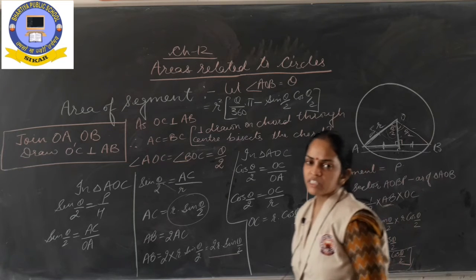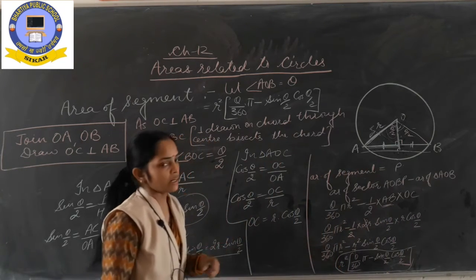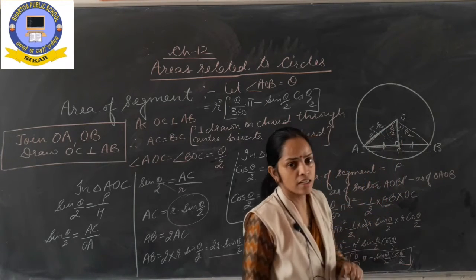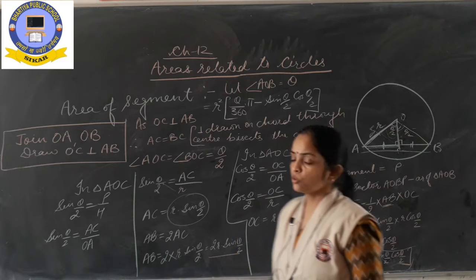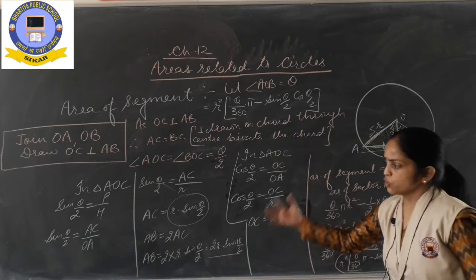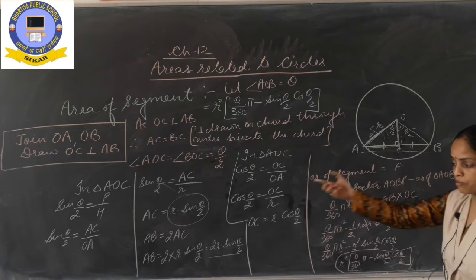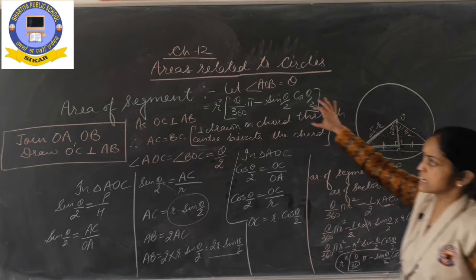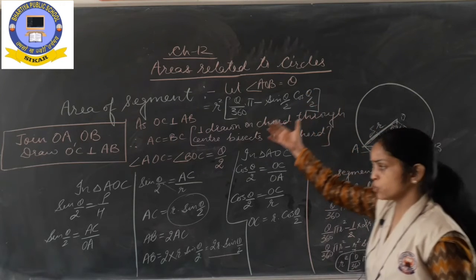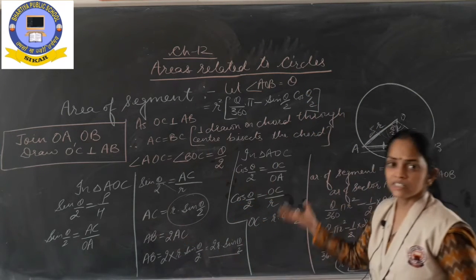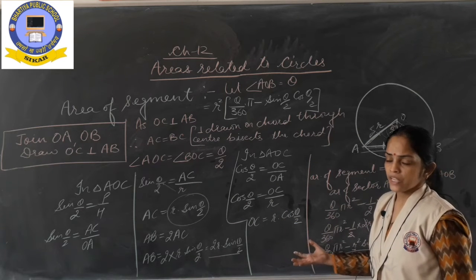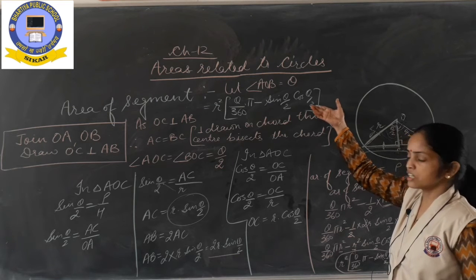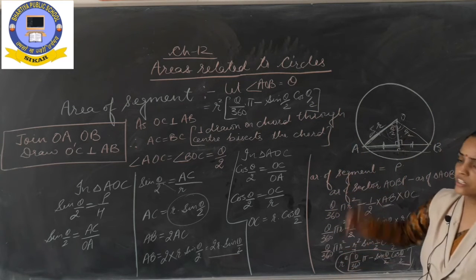Now some of you might be thinking, why learn such a big formula? Can't we find the area of sector and then deduct the area of triangle? Yes, you can, but for doing so, in each question you will have to find the value of AB with the help of trigonometry and the value of OC with the help of trigonometry. So if you think the formula is tedious, lengthy, difficult to learn, you have to follow this whole procedure in each question. And if you don't want to follow this procedure, then you have to learn it simply. It's easy, it's not difficult. When you solve the questions, you will learn it very easily.